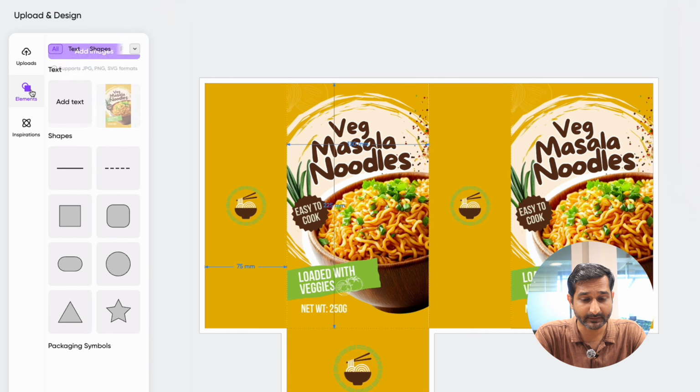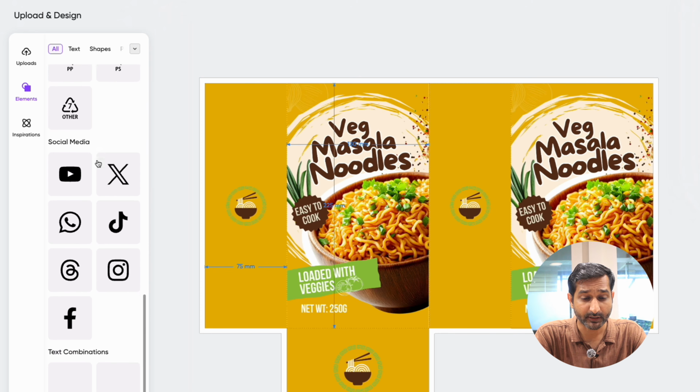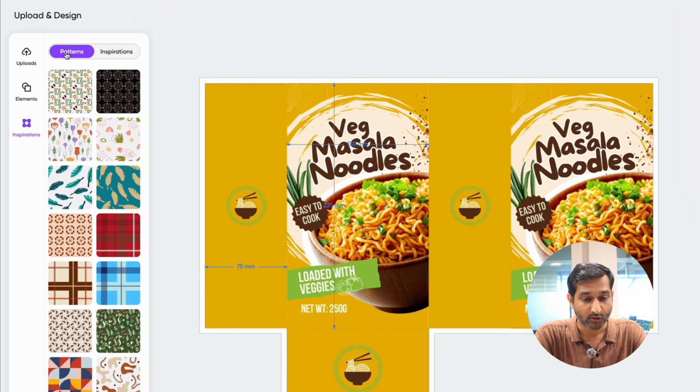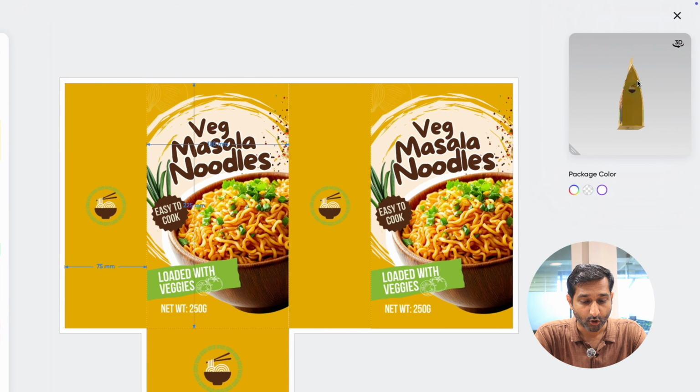Below that, there is an elements option. Here you can use text, shapes, packaging symbols, social media icons, and even ready-made text combinations. Next is inspiration, where you will find patterns and packaging design ideas which you can also use. On the right side, you can see the 3D view of your pouch mockup, so you know if your packaging